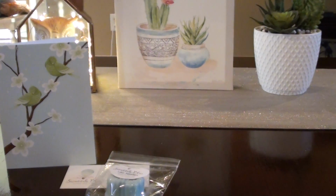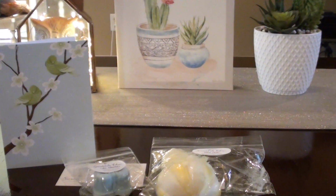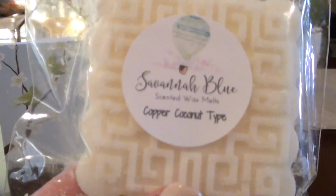I need to try Gain Island Fresh because I don't think I've ever tried that, and it smells really good, especially with that pineapple and I guess the strawberry. That's actually very pretty. Really glad I was able to pick that one up. Sometimes I'm just not sure about scents, but I'll grab them anyways because you just don't ever know. I grabbed Copper Coconut Type,